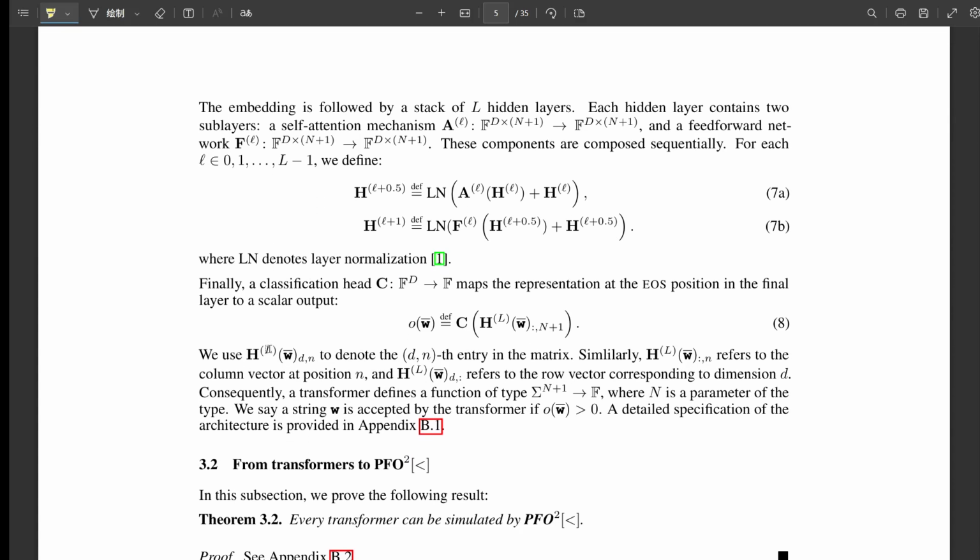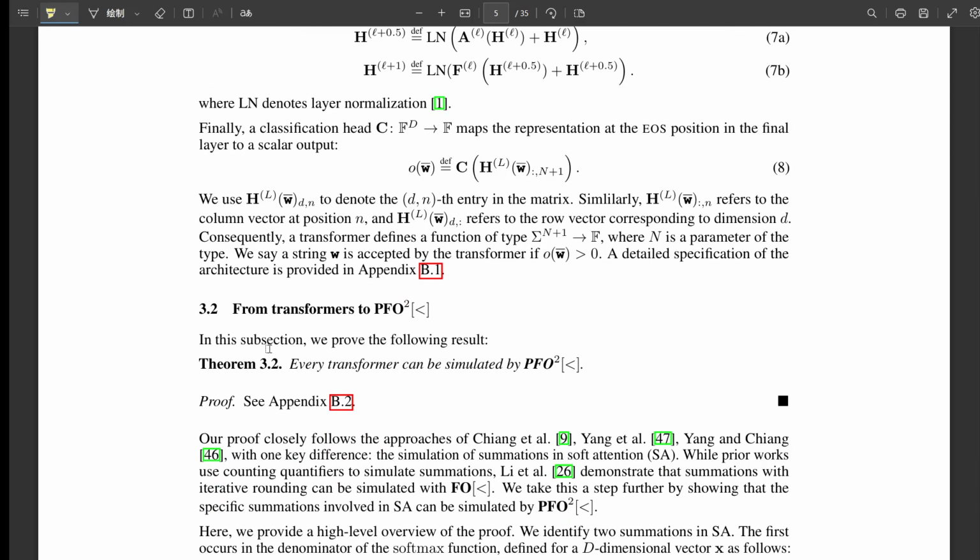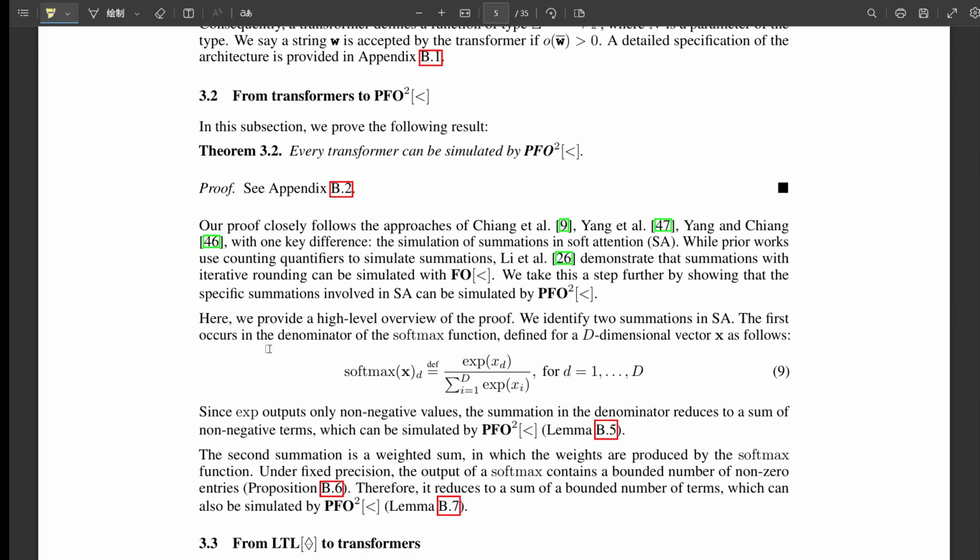But wait, the operator in LTL needs to check the entire past. Was phi true at any point before now? How can the transformer simulate that if its individual attention heads have this limited Nmax span? Seems like a contradiction. Exactly the problem they had to solve, and their solution is quite clever. They show that the transformer can overcome this local limitation by using its global structure, specifically its multiple layers and the feed-forward networks. How does that work, roughly?